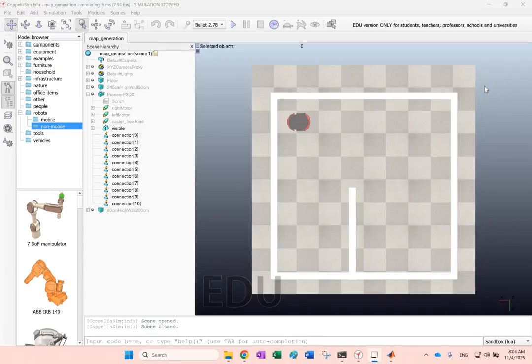Hello everyone. In this video, I want to show you how to create a map from the 2D environment here. And again, you can make it 3D, but here for simplicity, we're gonna consider this 2D version of it, like a view from the top. So we have our robot, the Pioneer